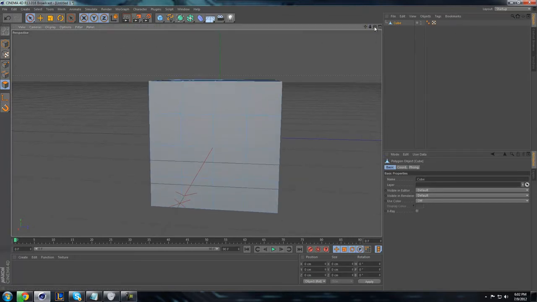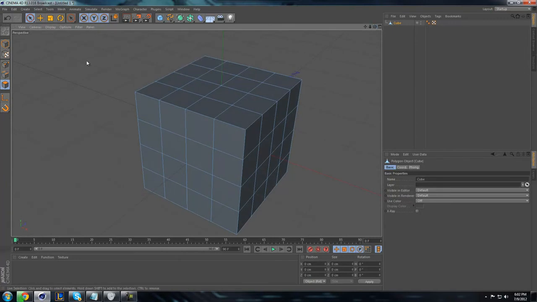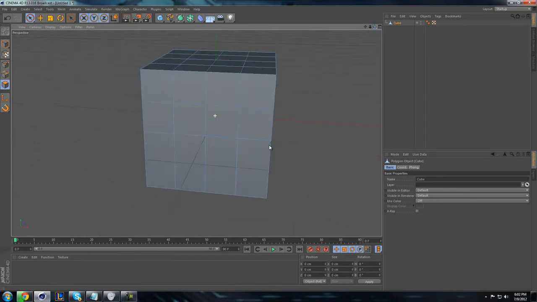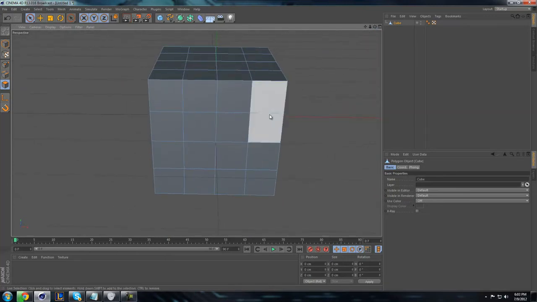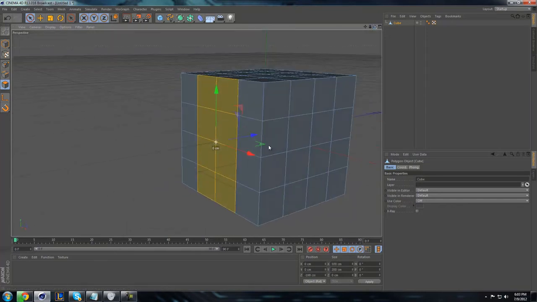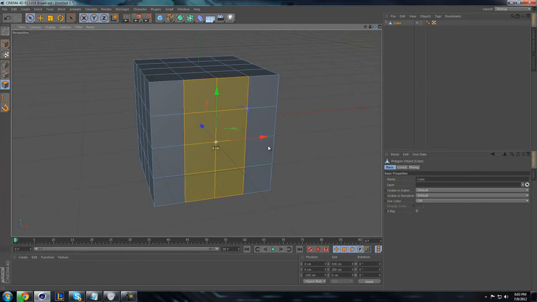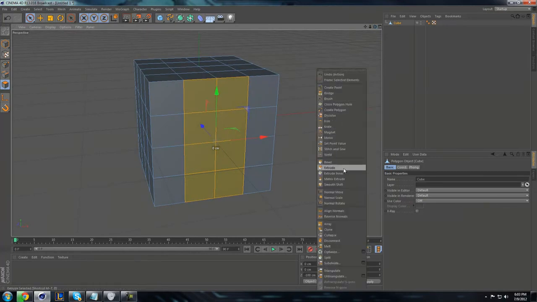So now that I have this redone, what you can do is, let's just stick with the live selection because that's a good one to start with, and just select some of the polygons here. I'll select all the ones down the middle like this, and those are the only ones I want to select. And once you have your selection, you can right click, and these 5 right here